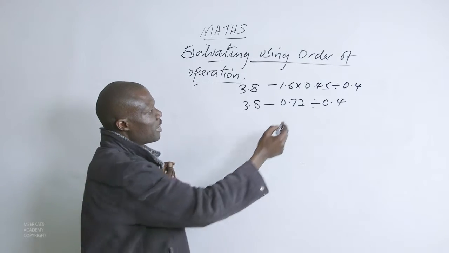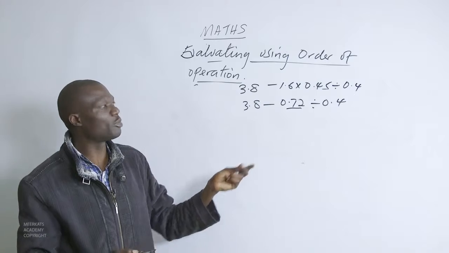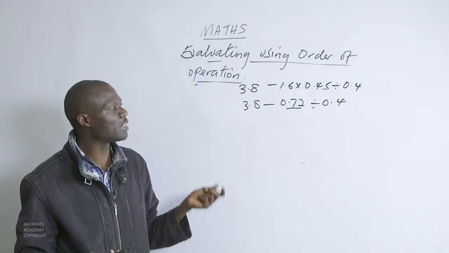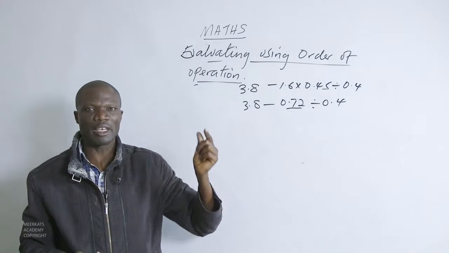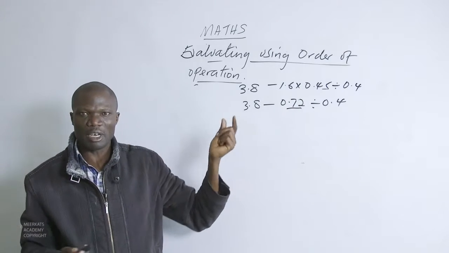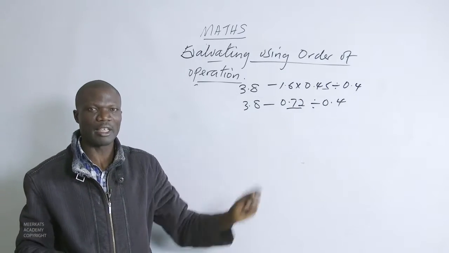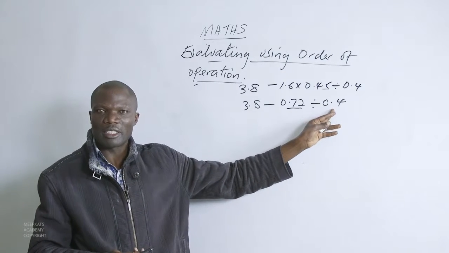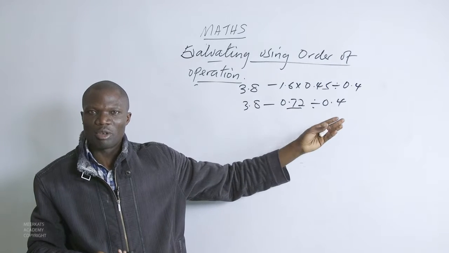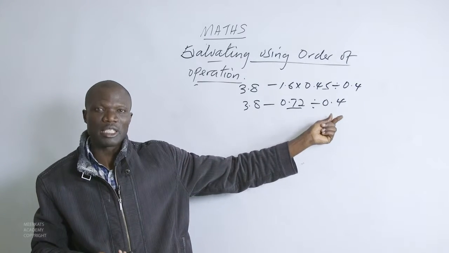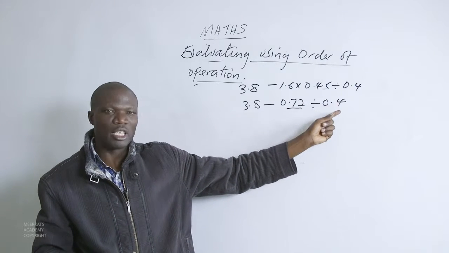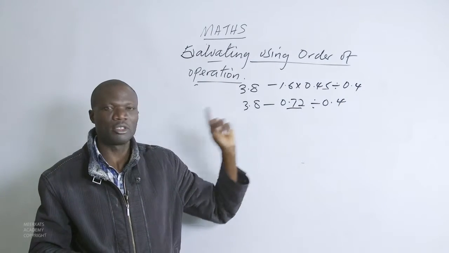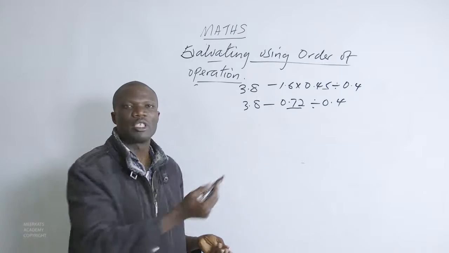Take note that for us to get this 72, we needed to multiply this. And the multiplication there is carried out in a very, very simple way of simply multiplying the numbers as if they are whole and then counting the number of decimals, and there you'll get the number that you require. So for the division here again, the divisor is a decimal, so we need to make it a whole number, which means that we shall have to move the decimal point one place to the right, for both sides, so that we have 7.2 divided by